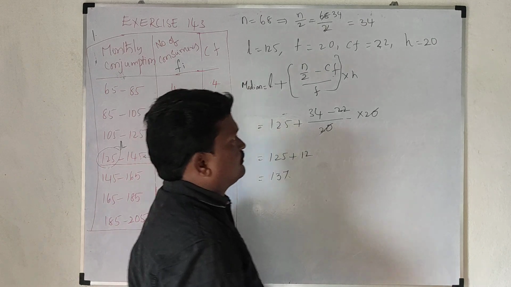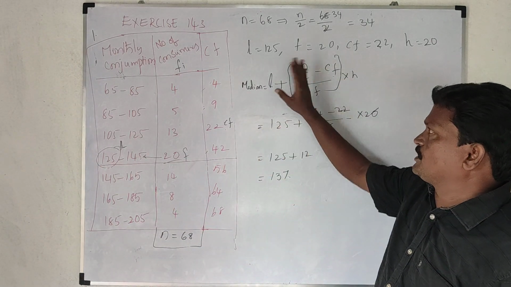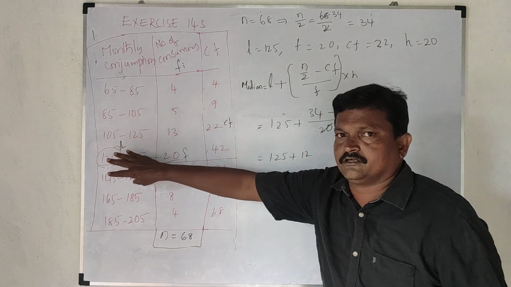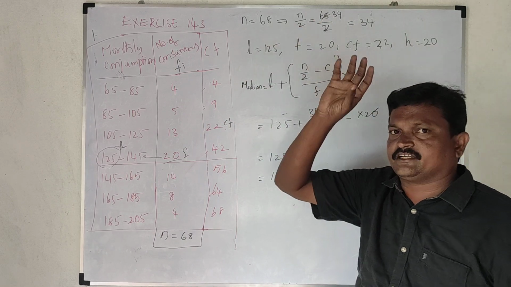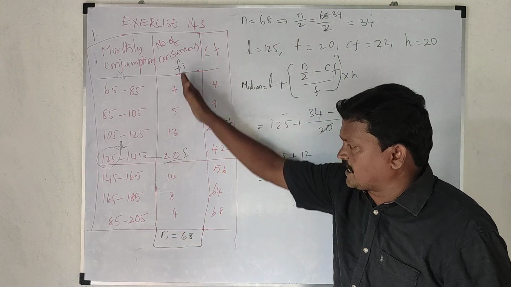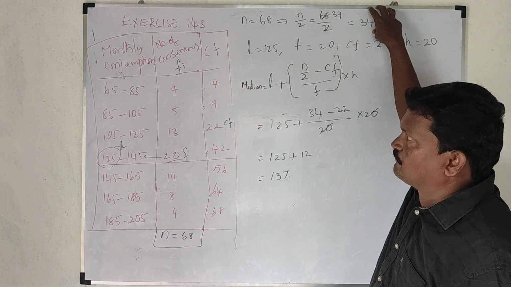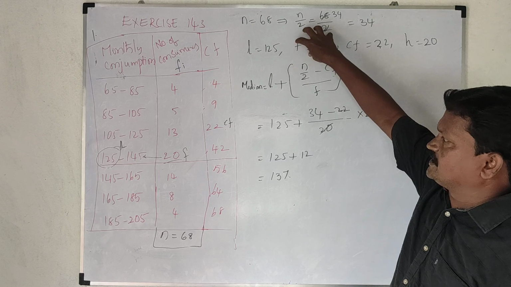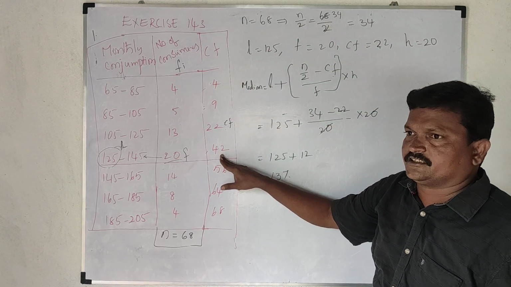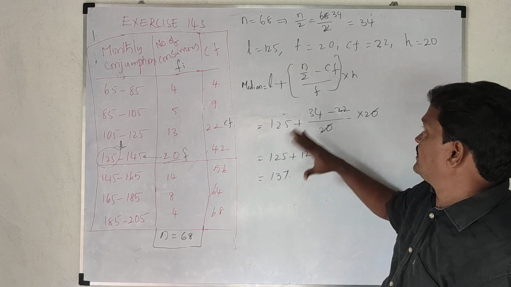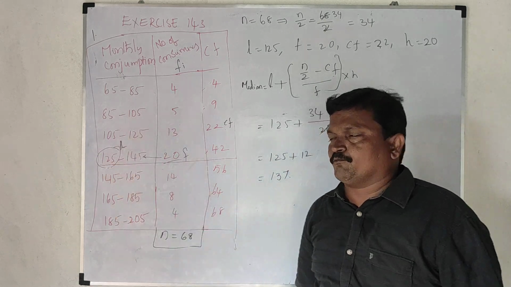First, you have to learn the formula properly. From the formula you have to take L. L is the lower boundary of the median class. N by 2: sometimes they will give it in the question, otherwise you have to add all the frequencies. That is the N value. From that we get N by 2, half of the number of frequencies. Then F means highest frequency. CF means exactly opposite, in the cumulative frequency, the above number. And H we already know: the difference of the lower boundary and upper boundary.